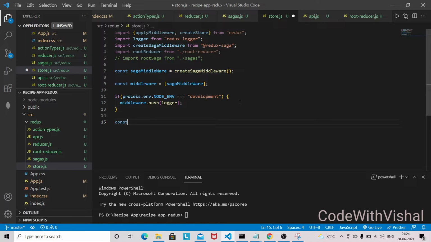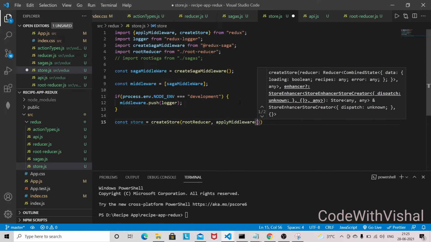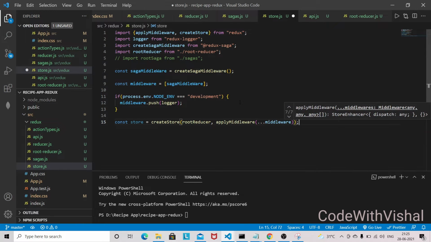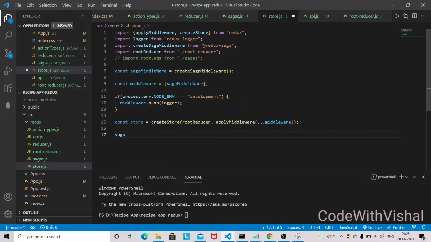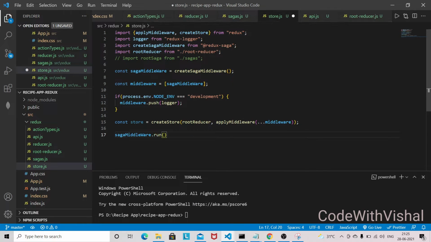Now we are going to define store. So store is equal to createStore, and inside store the root reducer will be there, and applyMiddleware, and I am going to spread out middleware and Saga middleware dot run root Saga.